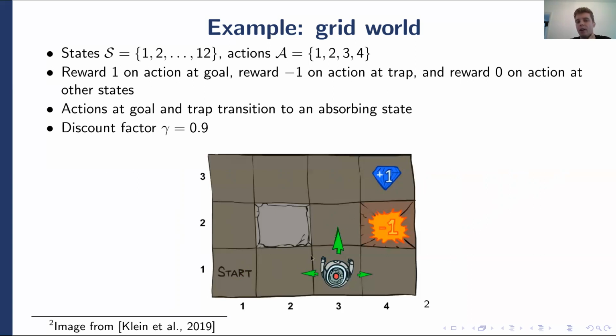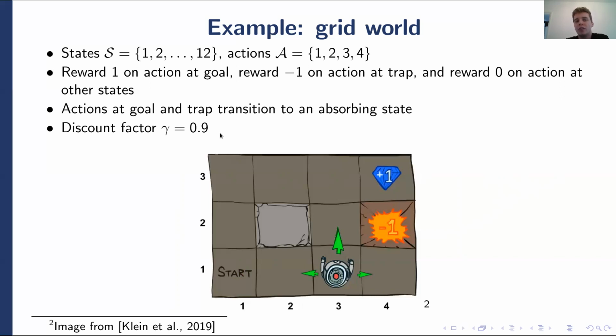Because the agent would keep observing reward 0 when it makes its choices, 0, 0, 0, 0, 0, 0, 0. And at some point it would transition, it would move to this state, and then it would take an action and observe reward 1. So the only thing that the agent is encouraged to do, the way I currently formulated the problem, is that eventually it would move to this state and take an action.